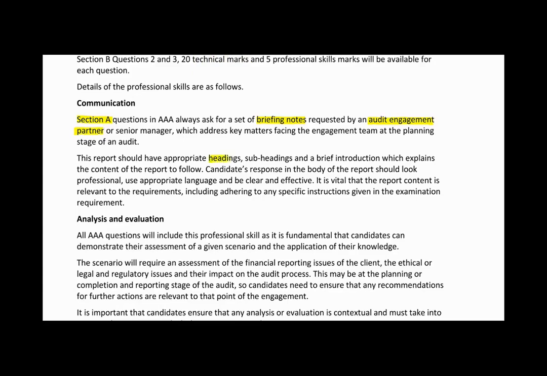So, for example, they should have headings, subheadings, and a brief introduction which explains the content of the briefing notes, and you can take that from the requirements. Then your actual detailed answer should look professional. So, for example, you should be writing in short paragraphs. You should be using language that is suitable for an audit partner or senior manager, and also your writing should